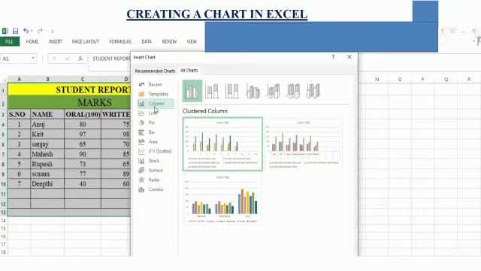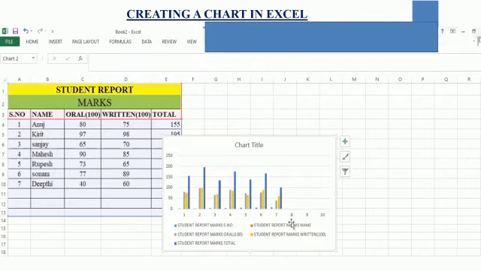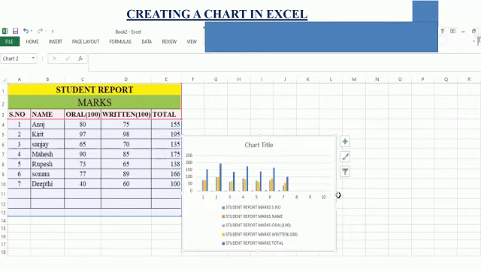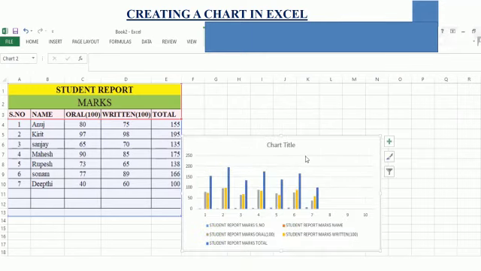Just for example, click on the column chart. Click here, and then click OK, children. You can observe the chart has been inserted, isn't it, children?